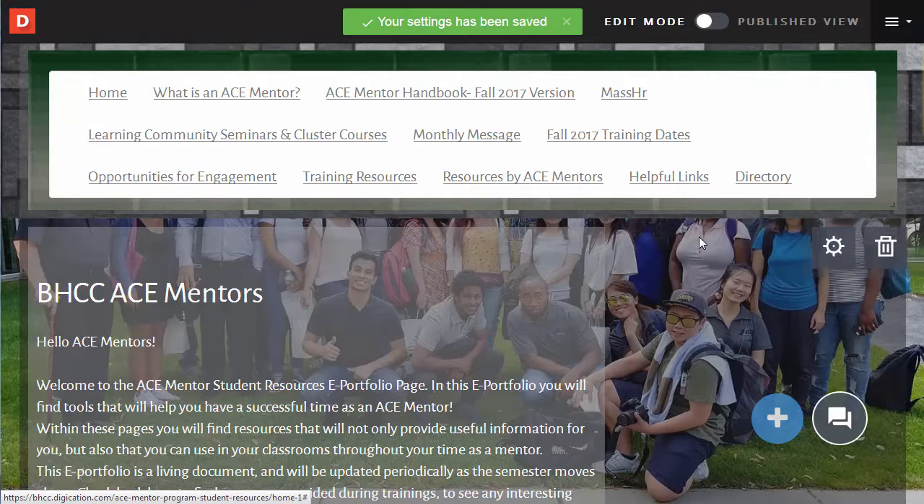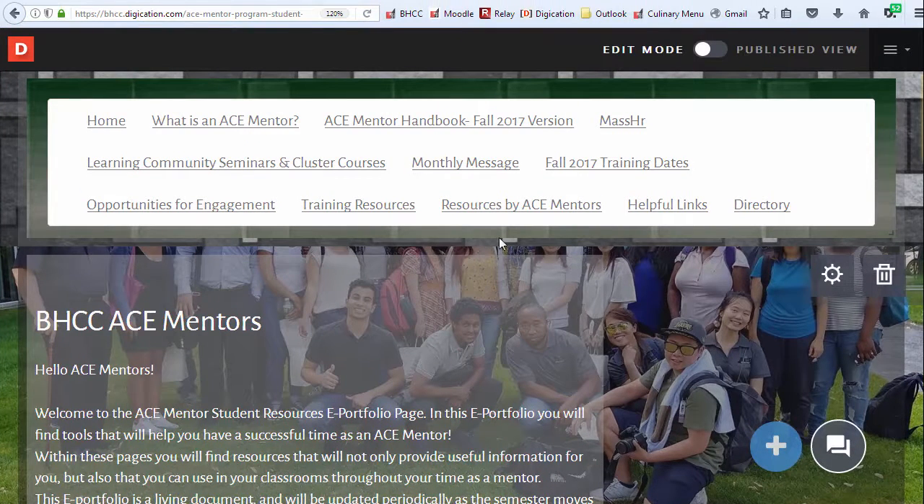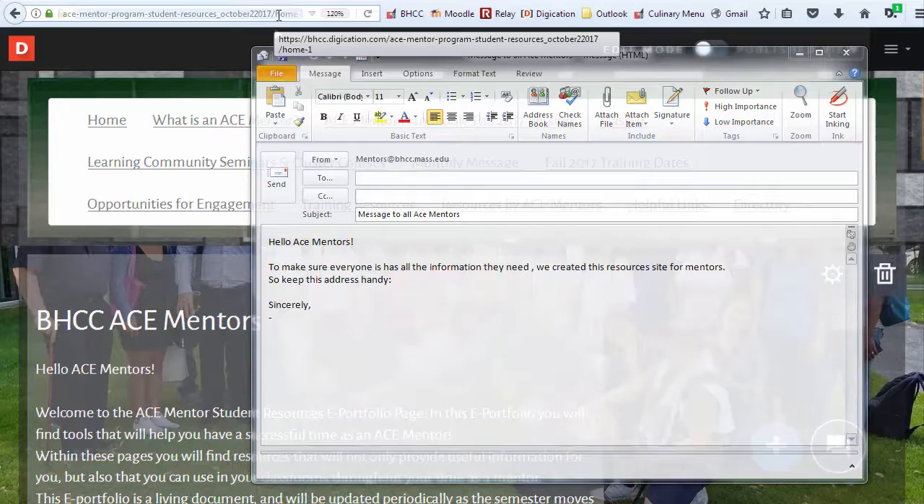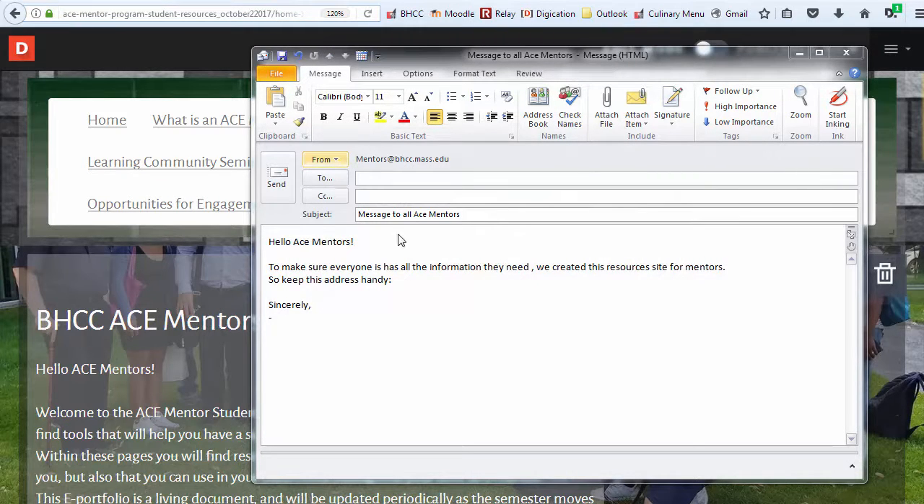Now that we've saved that change, we can copy the address right from the browser toolbar up top. And then we can paste it into the body of an email going out to your students, or in the syllabus for the course. A major advantage to using a course resources site in Digication, rather than using a tool